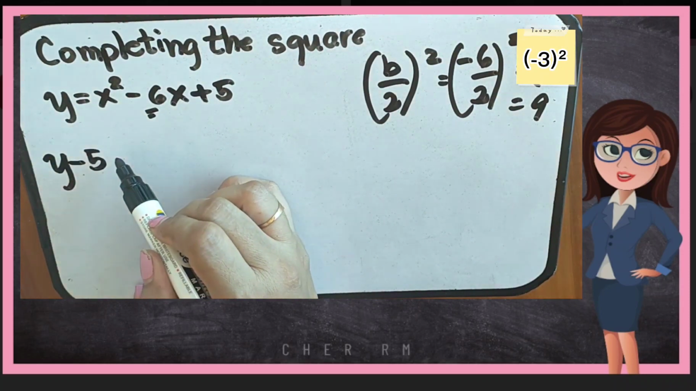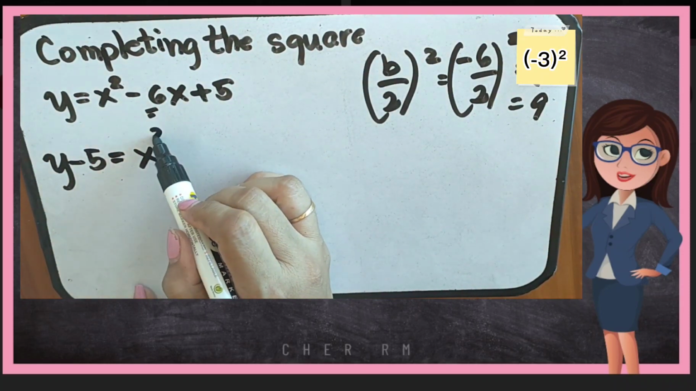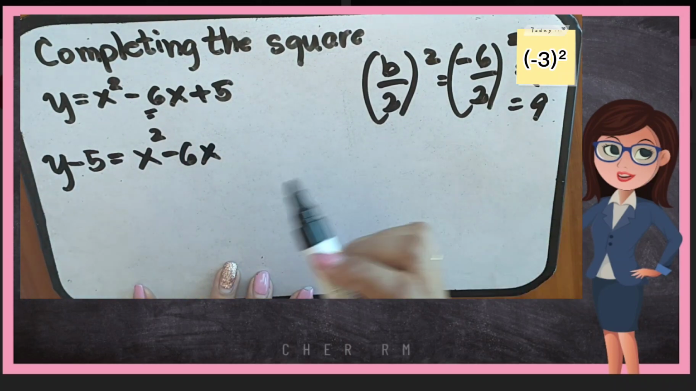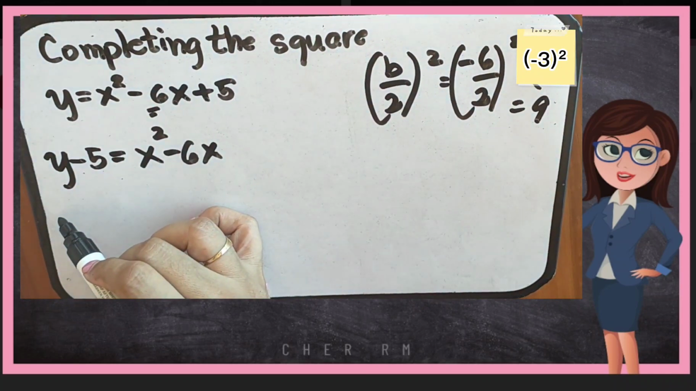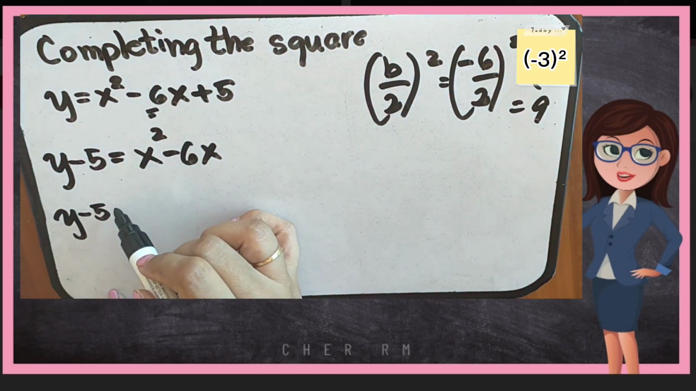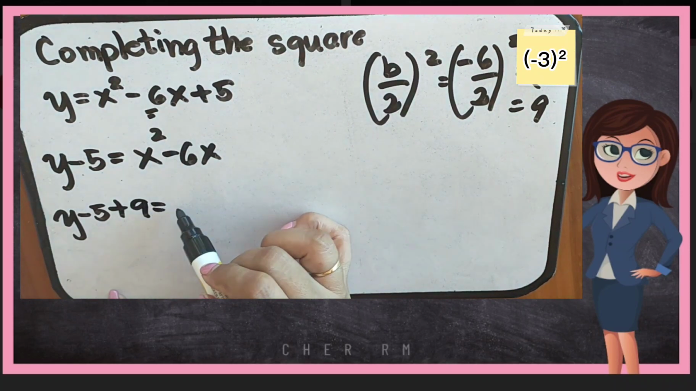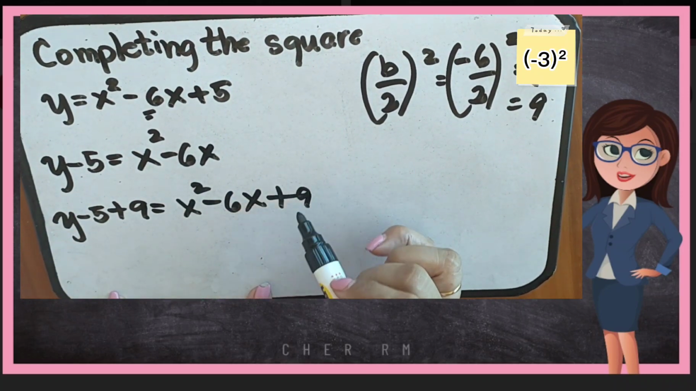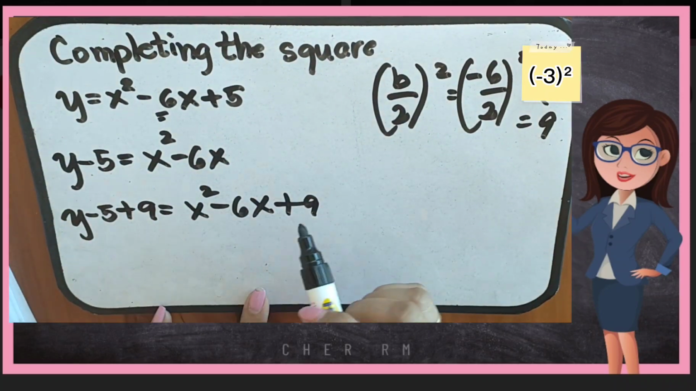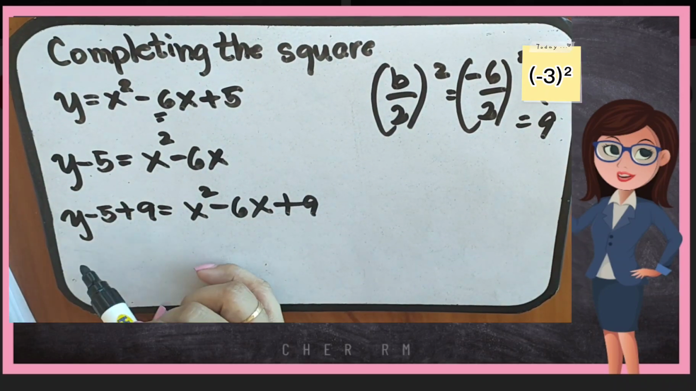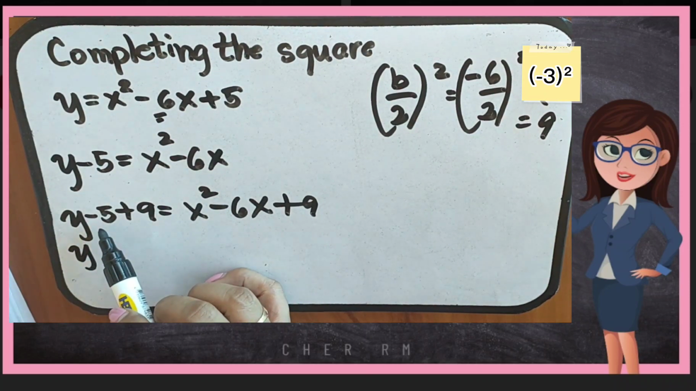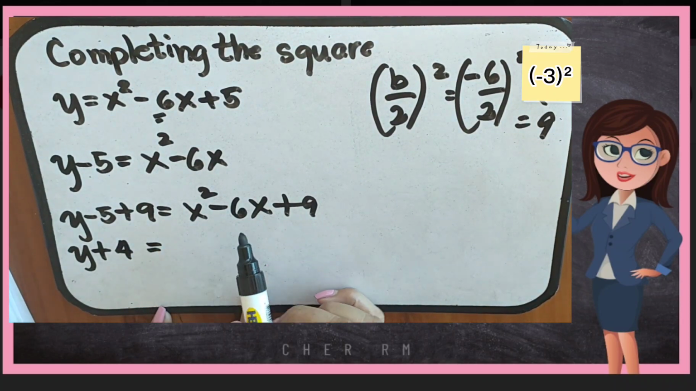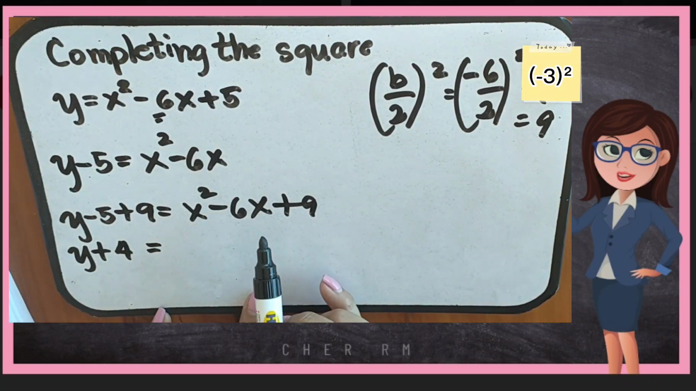Let's write this into y, then transpose 5. So we have y minus 5 equals x squared minus 6x. Then let us add 9. So we have y minus 5 plus 9 is equal to x squared minus 6x plus 9. After that, let us simplify the result. So we have negative 5 plus 9, so y minus 5 plus 9 is positive 4, is equal to